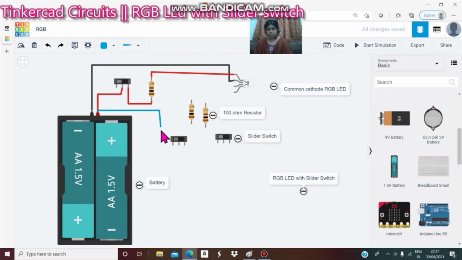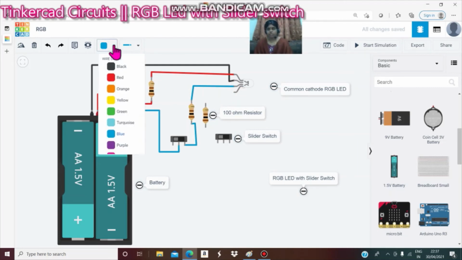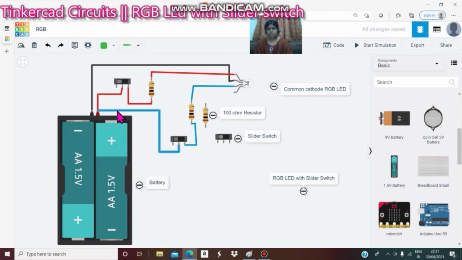Drag the blue wire and connect it to the common of the switch, and this is terminal 2. Terminal 2 is connected to one end of the resistor, and the other end of the resistor is connected to the blue LED like this. Okay viewers, next go to the green LED. For this you can select the green wire.